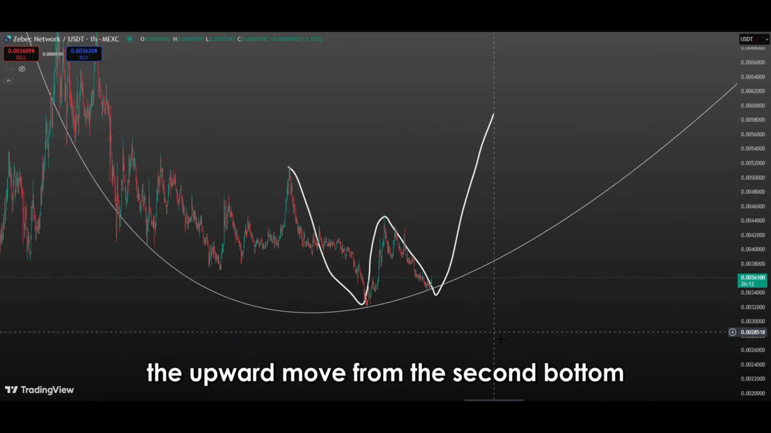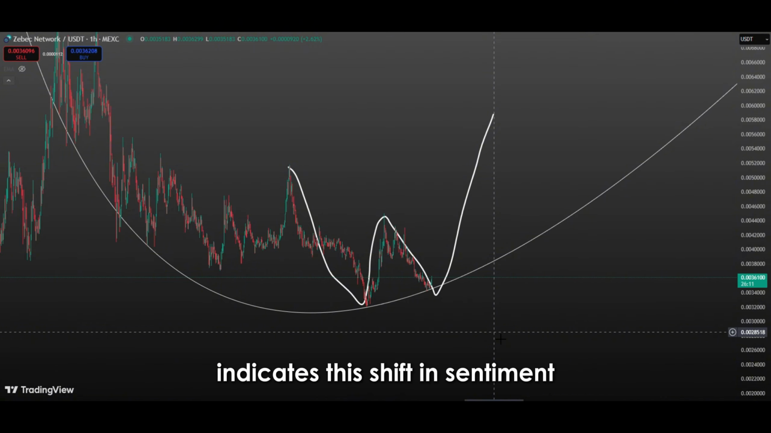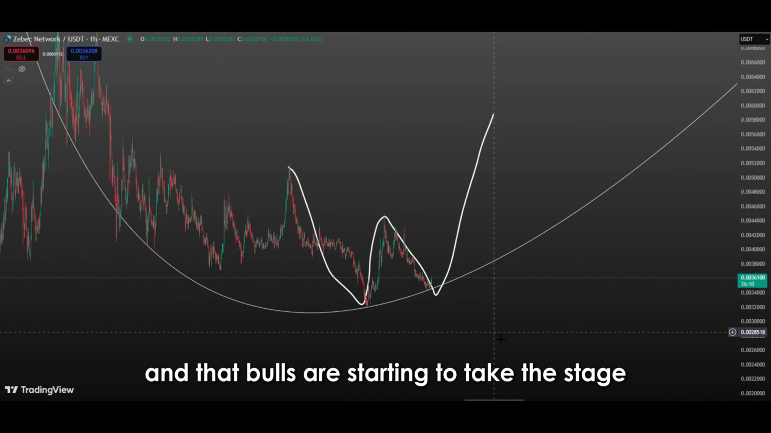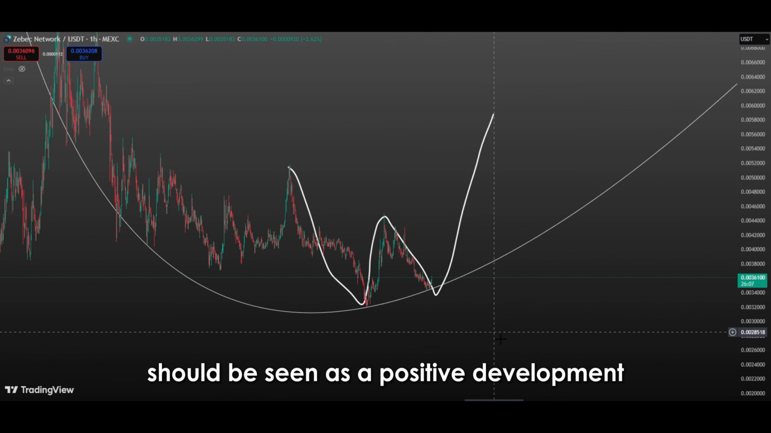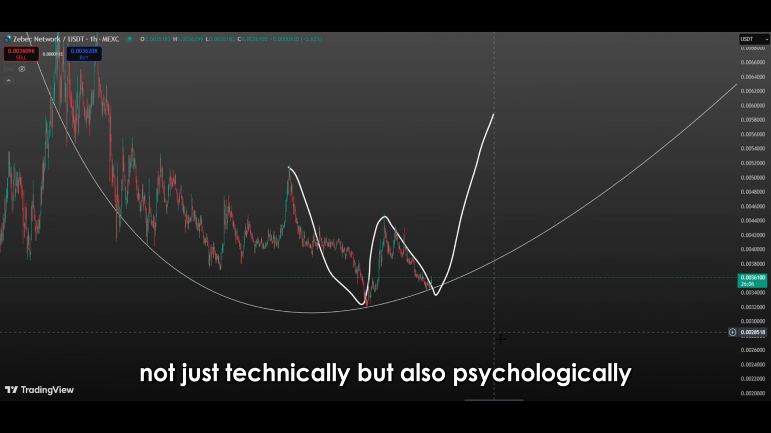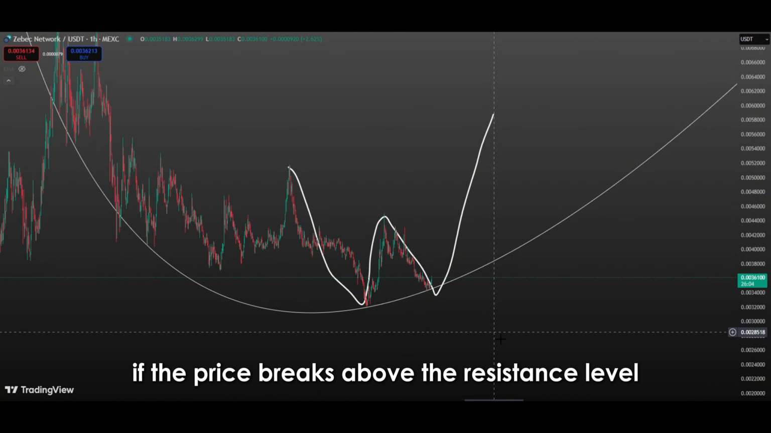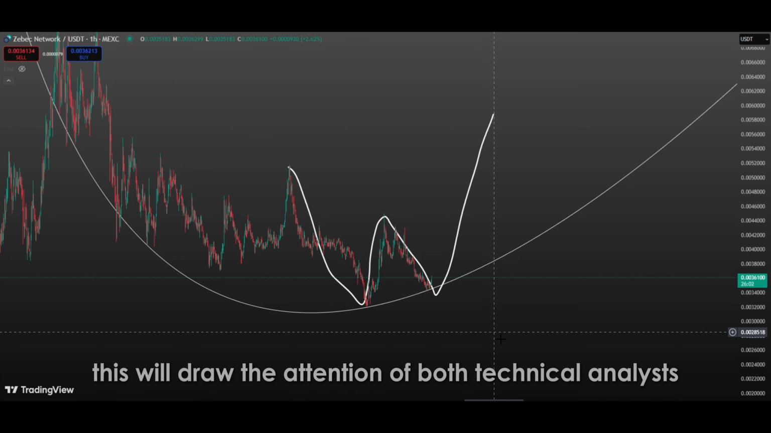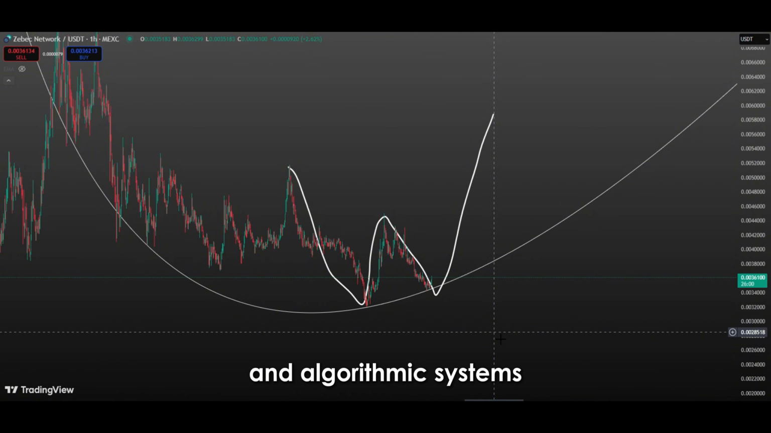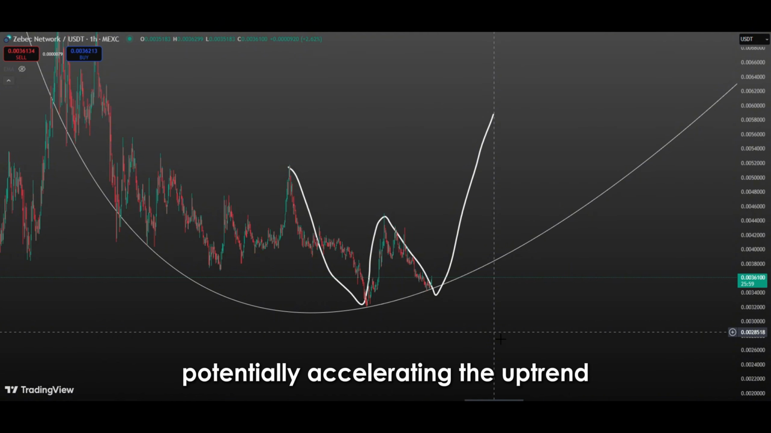The upward move from the second bottom indicates this shift in sentiment and that bulls are starting to take the stage. Therefore, the current upward movement from the second bottom should be seen as a positive development, not just technically, but also psychologically. If the price breaks above the resistance level identified as the neckline of the formation in the near future, this will draw the attention of both technical analysts and algorithmic systems, potentially accelerating the uptrend as more